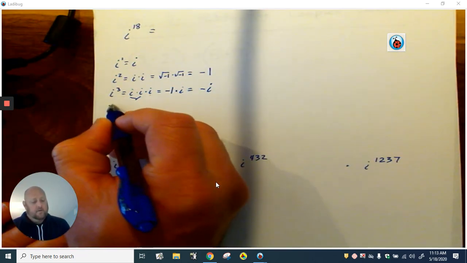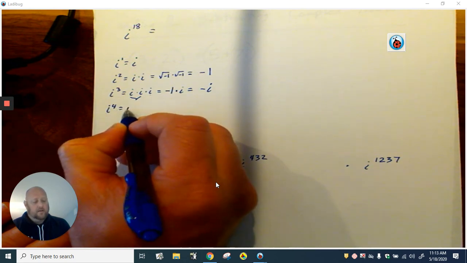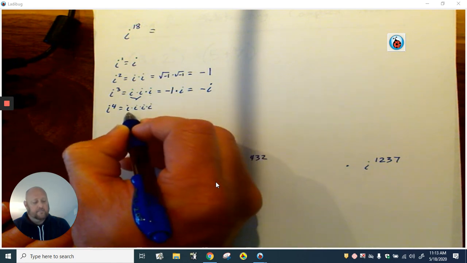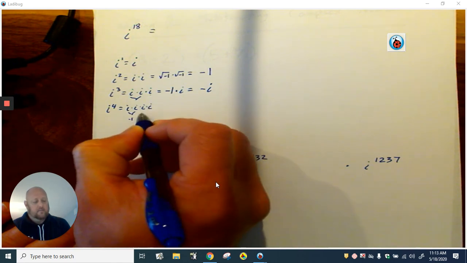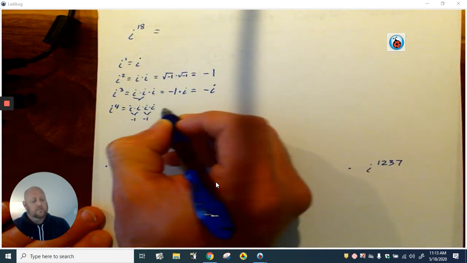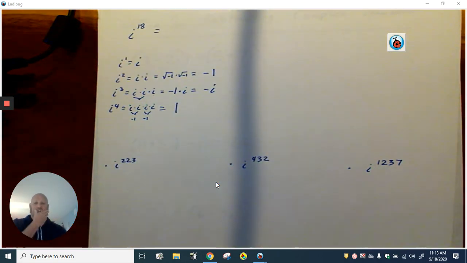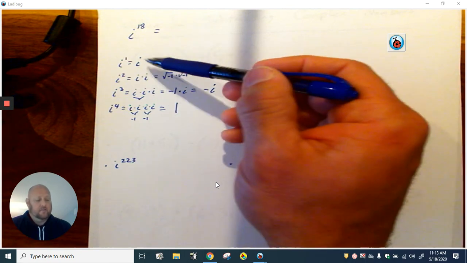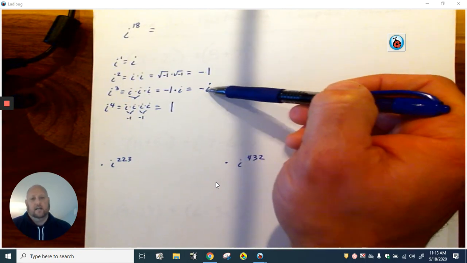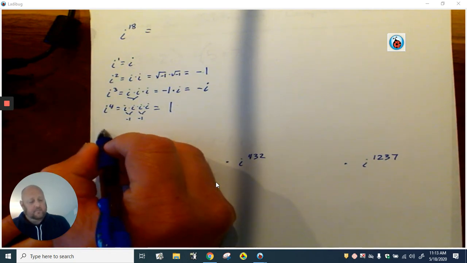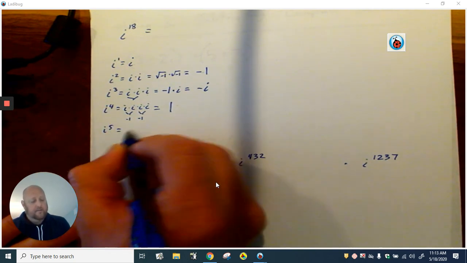And then if you keep going, i to the fourth, well, that means it's i times i times i times i. These two are going to make -1. These two are going to make -1. Multiply those together, you end up with a +1. So the pattern goes i, -1, -i, back to 1, which means if you keep going,